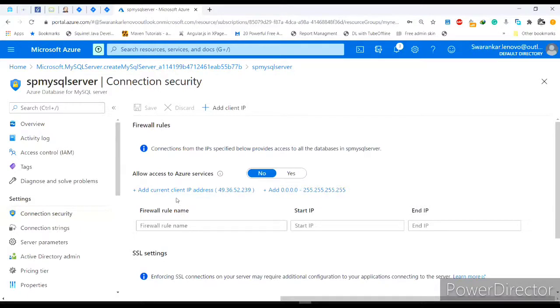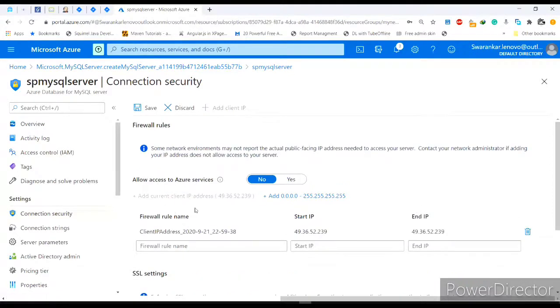In this we need to just add the current client IP address, and if you want other Azure services to also access this MySQL server, then you need to allow this option as well.